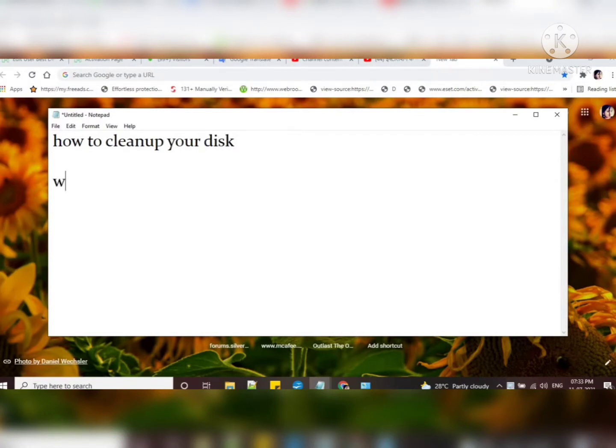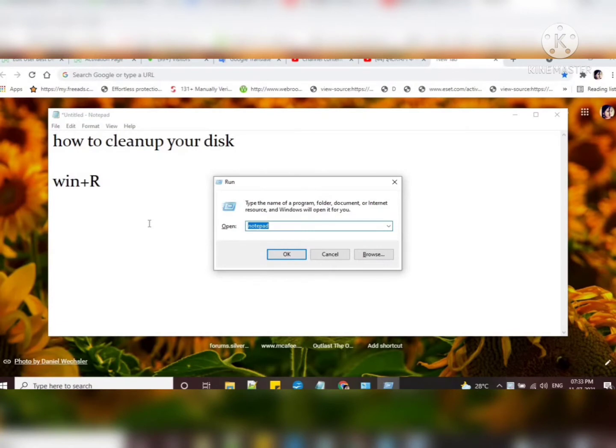First of all, press Windows plus R key together. I already told this in all of my videos. Look on the left of your keyboard, in the last row, you have a Windows logo key with 4 squares on it. Press and hold that, and along with that press the alphabet R as in Romeo, and release both keys together. Then this box will appear, this Run box.